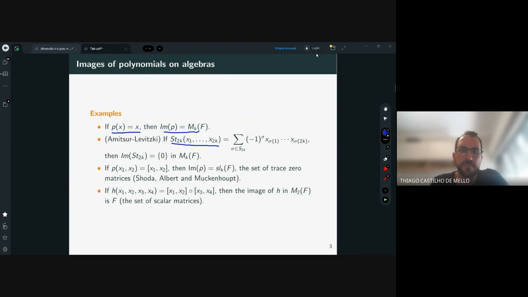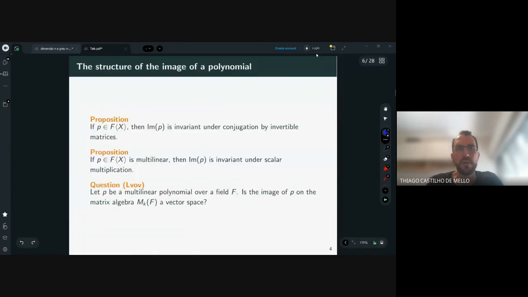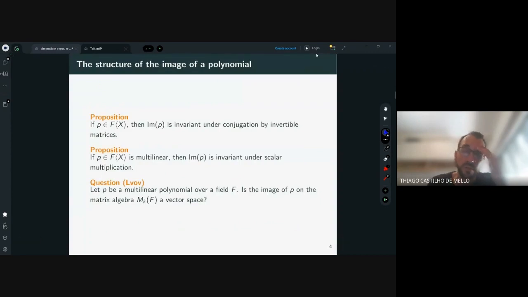Okay. And we can see here also that polynomial identities and central polynomials are related with this kind of problems of determining the image of polynomials. So if you want to determine the image of a polynomial, it's interesting to know what structure this set has. Okay. So the first proposition here says that if we consider an arbitrary polynomial, the image of such